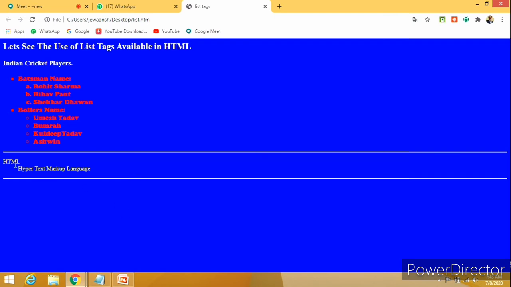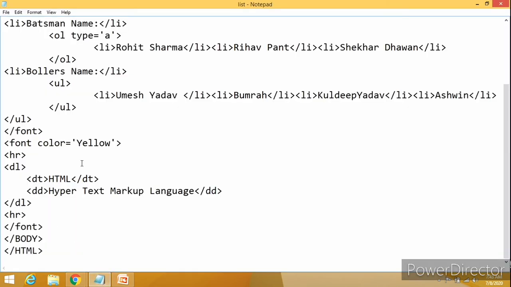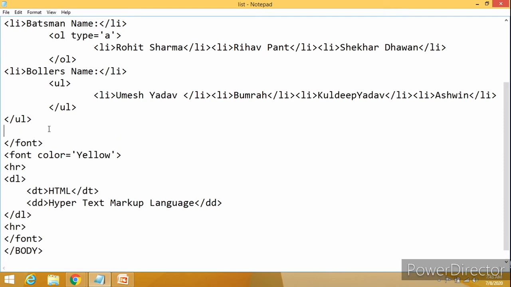Now I want to get this HTML and hypertext in the center of the screen. What should I do? We have one tag which is itself called center. I want to get the entire HTML content in the center, so before using the font tag I can use the center tag, and after or before the font tag, you can close the center tag.